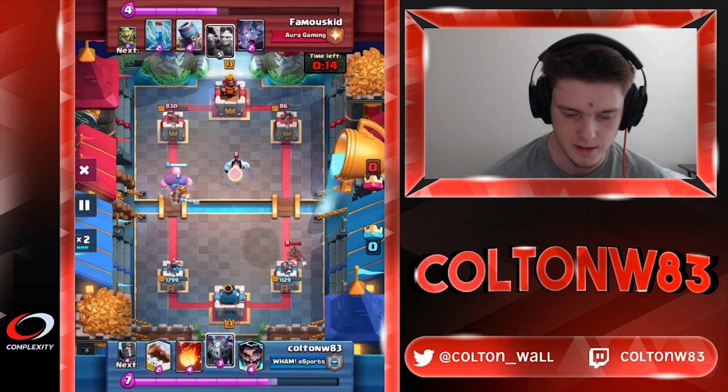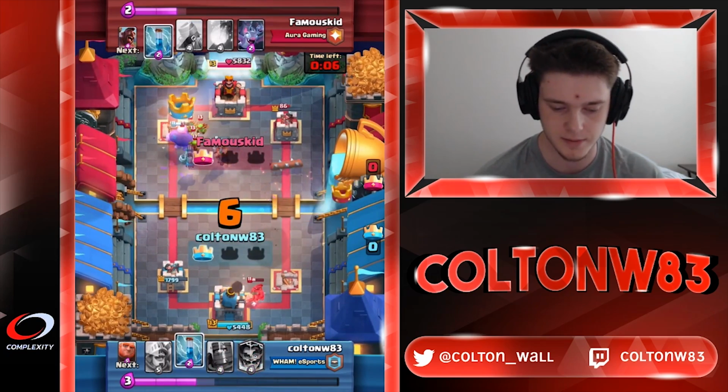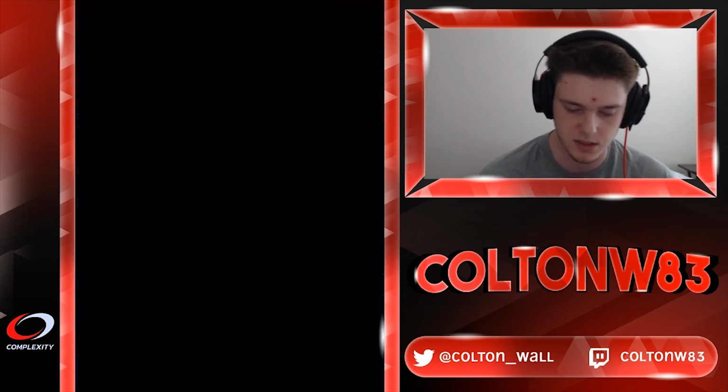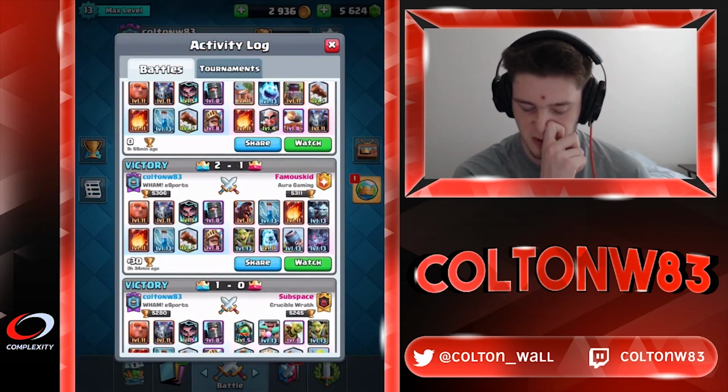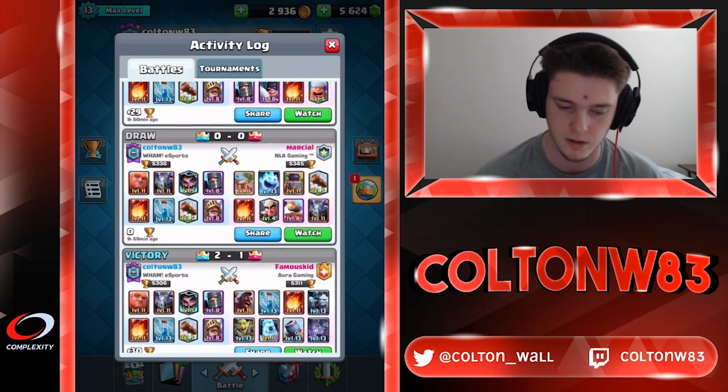And then I figured he'd play Minion Horde here, so I was hovering Fireball. And I ended up taking towers, both towers, and that's a solid win. Because that can be difficult, even though you have triple spells at times. It would be harder for me if you didn't have Fireball, but...